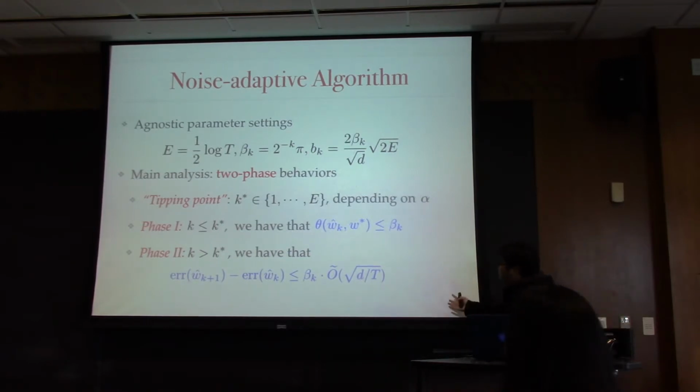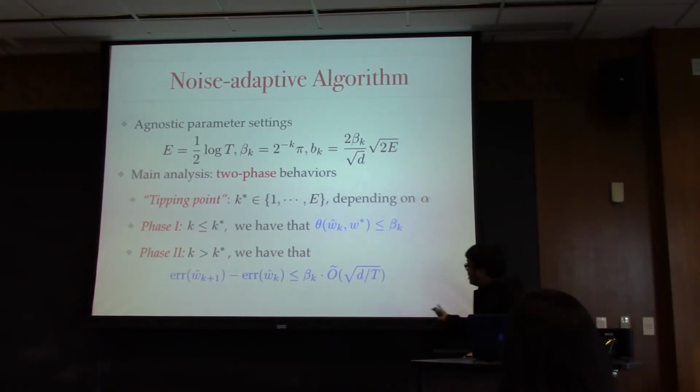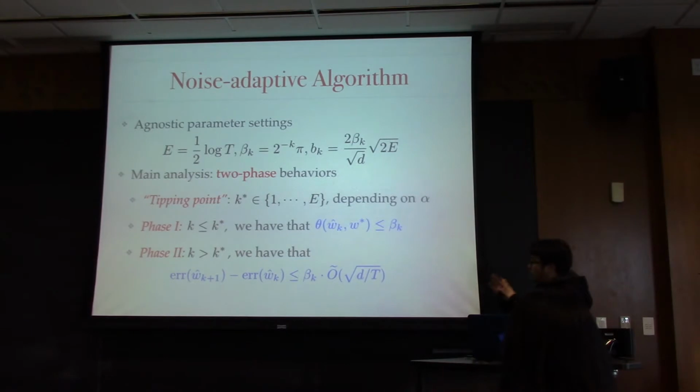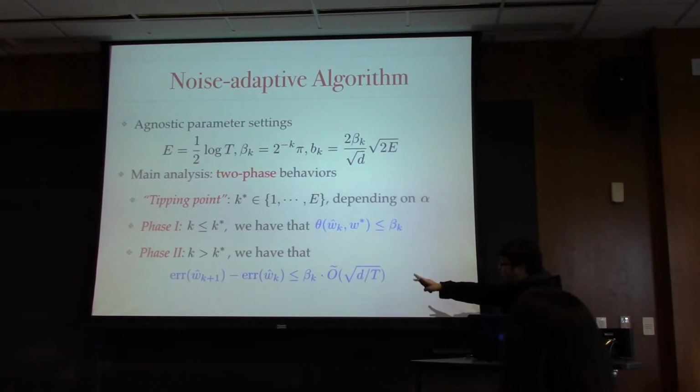But for the second phase, we can no longer ensure that W star is within reach, because we shrink the search space and the margin parameter too aggressively. However, in this case, we can guarantee an excess error bound on W_{k+1} hat and W_k hat. So it basically means I can no longer guarantee the excess error of my learned classifier is close to the Bayes classifier